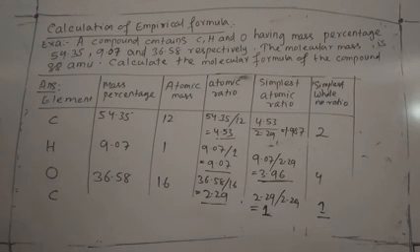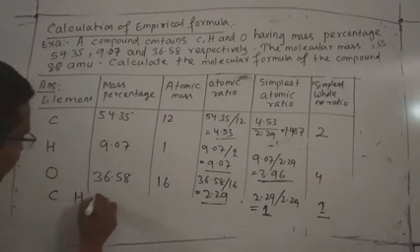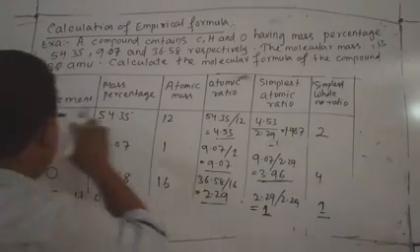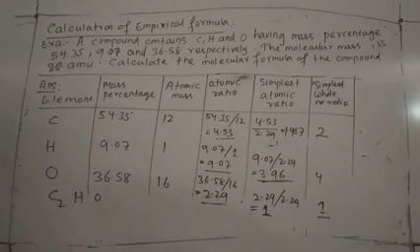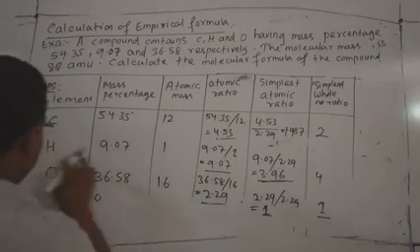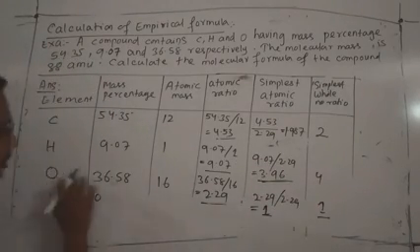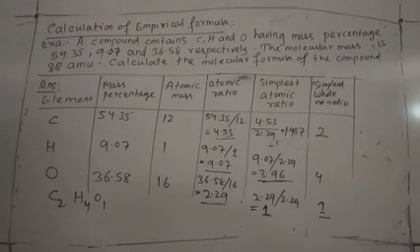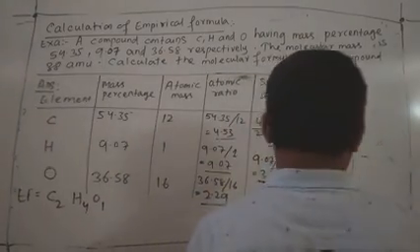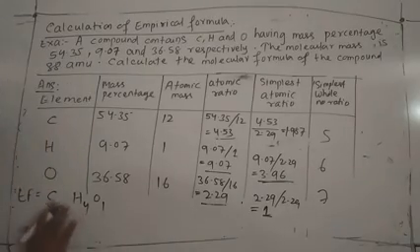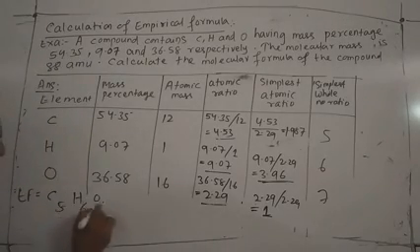We know that here the elements present are carbon, hydrogen and oxygen. The simplest whole number is 2 for carbon, so we can write C2. Hydrogen having 4, so that is your H4. Oxygen is your 1, then it is your C2H4O1. That is the empirical formula. Suppose here we can write 5, 6, 7.